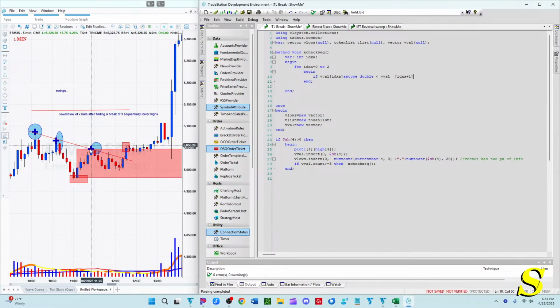So instead of this being like 0, -1, -2, this is 0, 1, 2 indexes ago. And for that reason, this actually won't be 2, because then this will give us a too high count on our loop. So this will go to 1. Okay, so if vval as type double is less than vval of index of A plus 1 as type double,